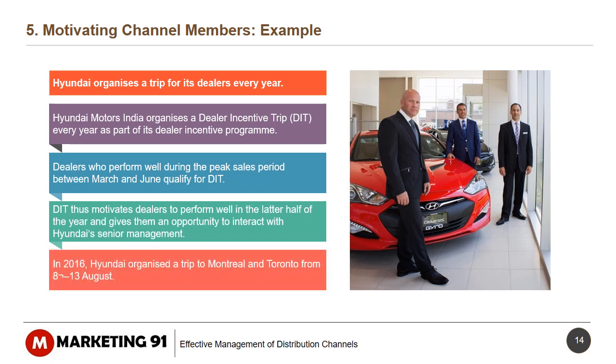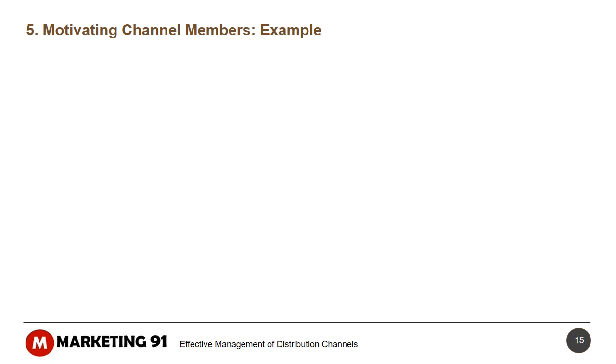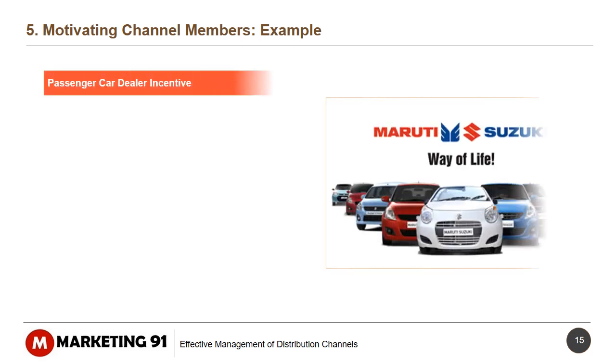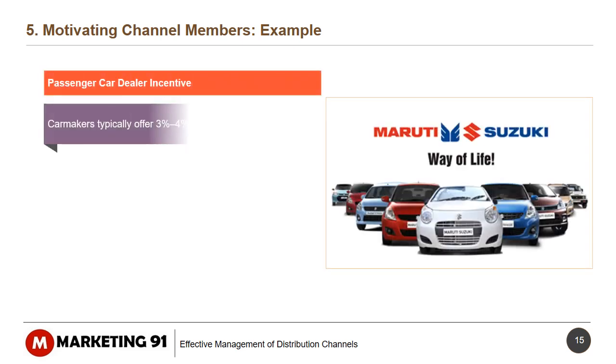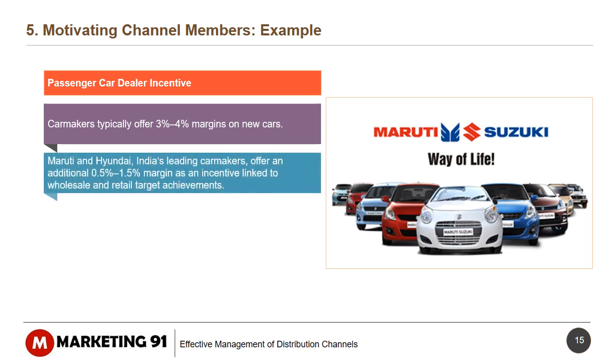In 2016, Hyundai organized a trip to Montreal and Toronto from 8th to 13th August. Another example of motivating channel members. Passenger car dealer incentive. Car makers typically offer 3 to 4% margins on new cars. Maruti and Hyundai, India's leading car makers, offer an additional 0.5% to 1.5% margin as an incentive linked to wholesale